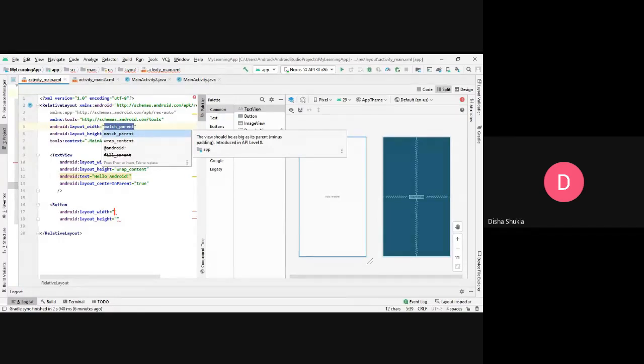These things are covered in the later portion, but I want to clear it right now, because only then can I show you how I am putting the button over here. So when you use wrap content, what do you mean by wrap content? Say for example, you have three buttons in your screen, all placed vertically below each other. Then they would be occupying certain space, and after that there would be some empty space. So when you say relative layout is equal to wrap content, the height of the relative layout will be equal to the height of the three buttons that you have placed inside it. Are you clear with what I said right now?